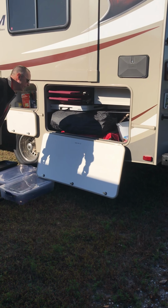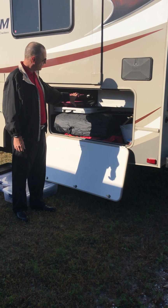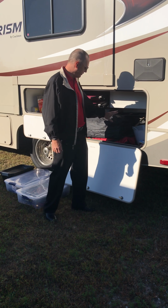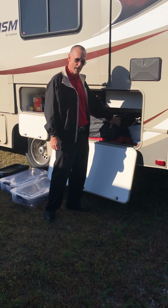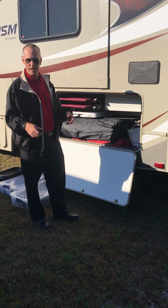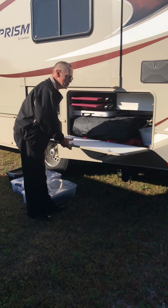Here we have storage. What I have in here is equipment: I have lawn chairs, I have a portable table, and I have a portable mat for outside. That's an all-weather mat, like a 20-foot long mat. I also have trash bags, and I have a portable trash can that can be used. There's also a plunger in here if needed,